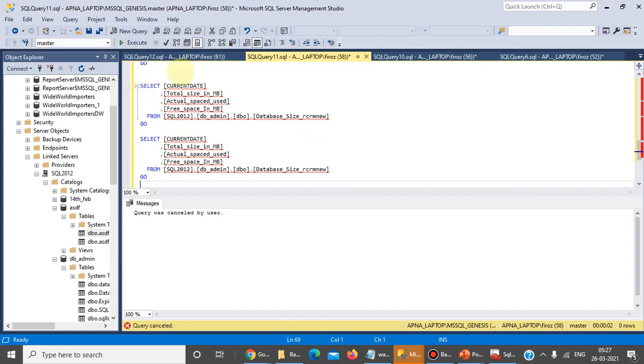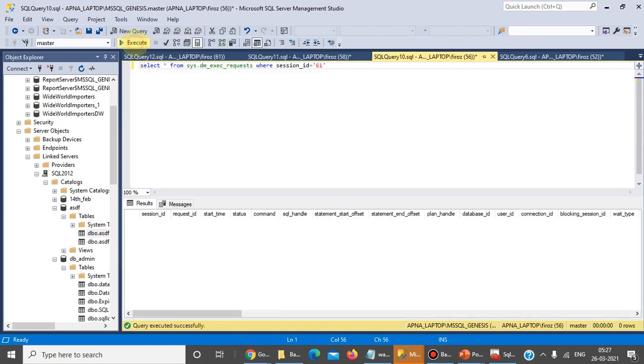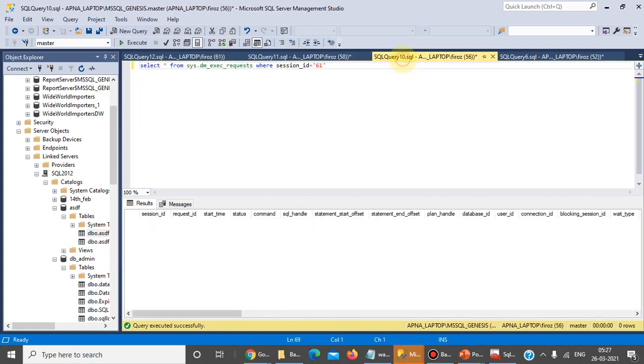It's not a production environment, it's a local environment. Therefore, I am forcefully creating this scenario by running this.